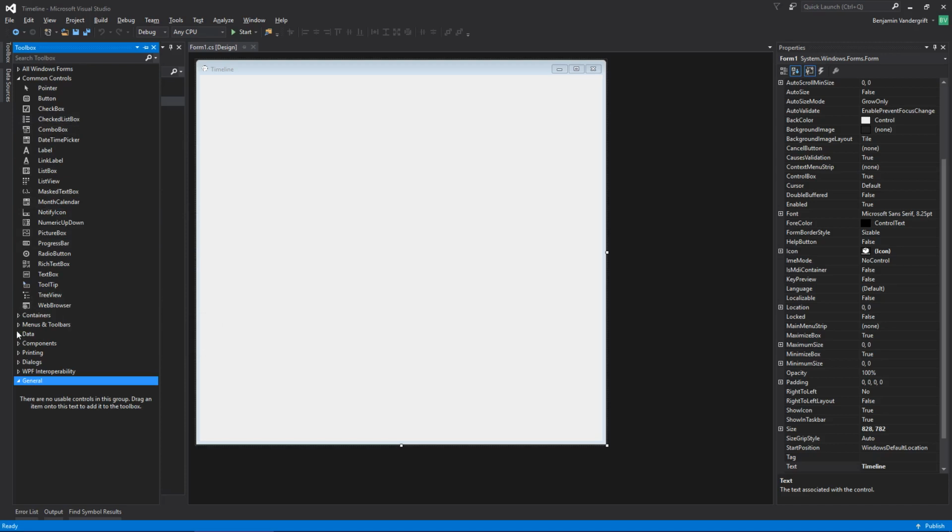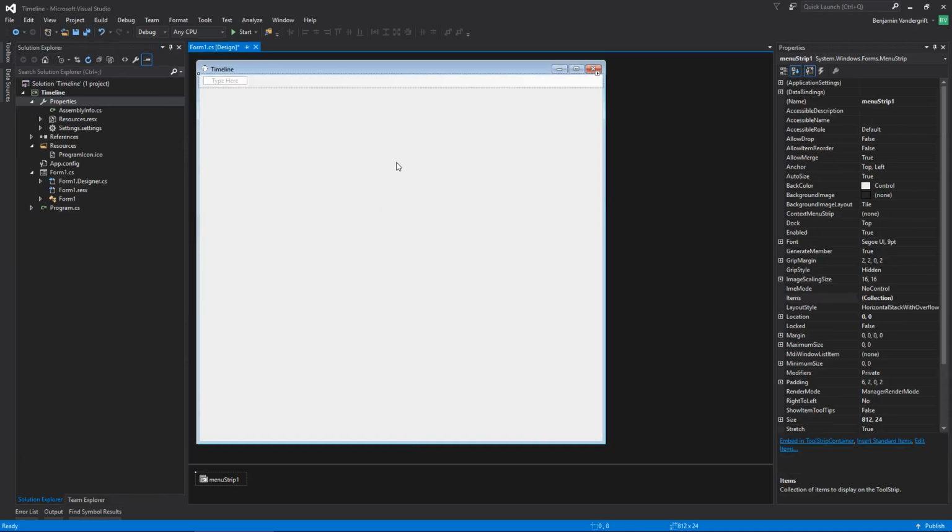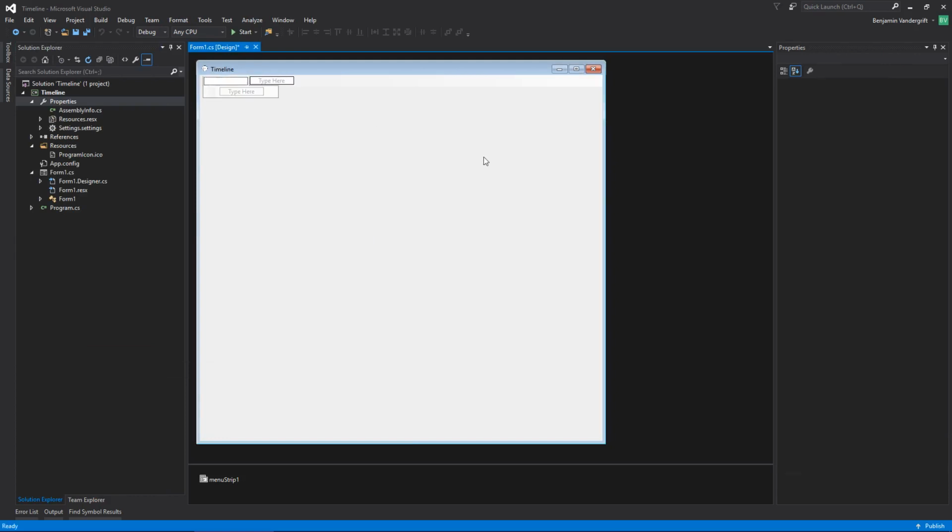So the first thing that I want to do actually is add a menu strip to this. This gives me your traditional menu. If you put an ampersand in front of a character here,